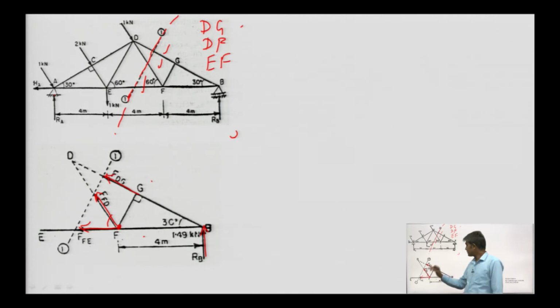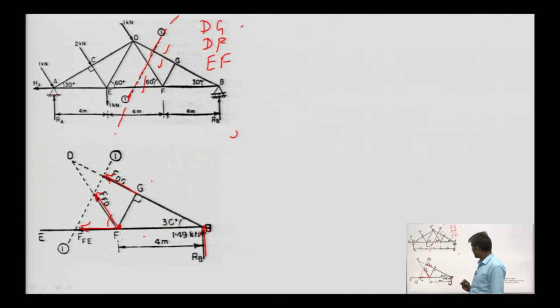Here only three forces are there, and we have three static equilibrium equations. Therefore, we can easily determine the member force in all these three members. So, what are the steps of this method? First, cut the section and make the free body diagram, and then apply equilibrium conditions to get the value of the member force.